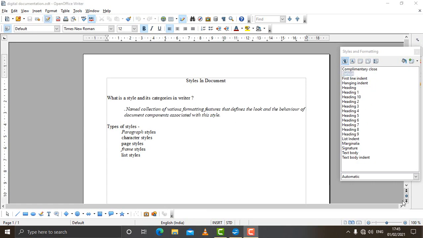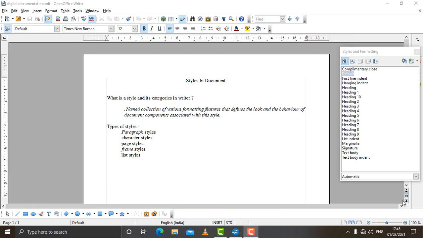The next thing we can do is format a text, apply styles to the text, and save those styles with a name of our own, so that in future we can apply our own styles to the documents which we are going to create.